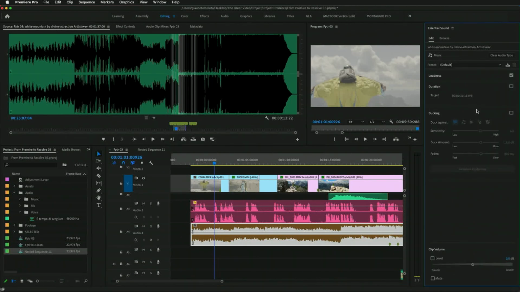We check the ducking option, which is the term that identifies the act of lowering the music only when there is dialogue. We can adjust the sensitivity, the amount of volume to reduce, and the speed at which the volume will decrease and increase. At this point, we click on Generate Keyframes, and we see that keyframes automatically appear in